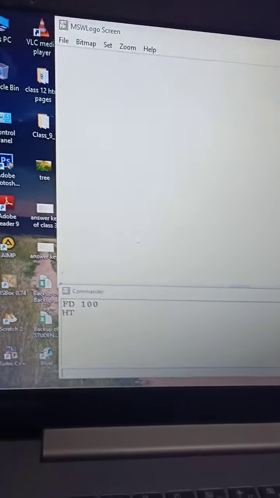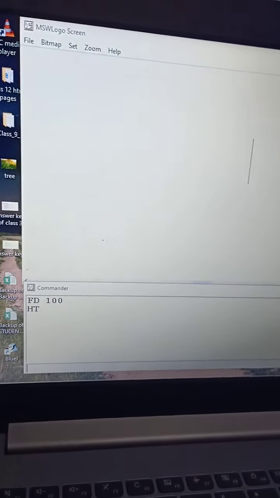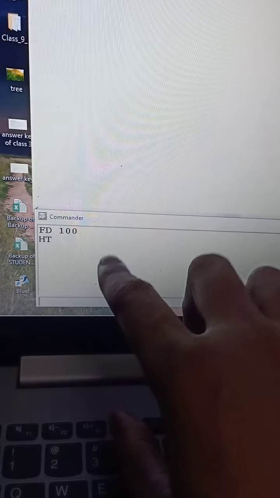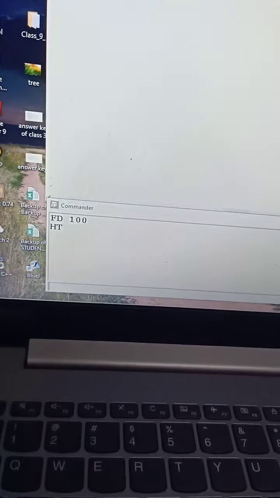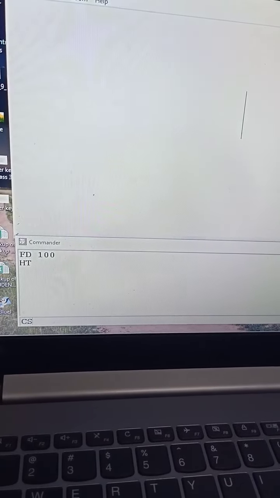Now next we have to draw the second figure, that is like this. So how to draw this figure? First we have to clear the screen. If we want to clear the graphic screen, this is called the graphic screen. We have to draw various figures in the graphic screen and we can type various kinds of commands in that commander window. Clear? So if we want to clear the graphic screen, means if we want to wipe the drawing, then we have to write over here CS. CS means clear screen. Now press enter, then this picture will disappear.